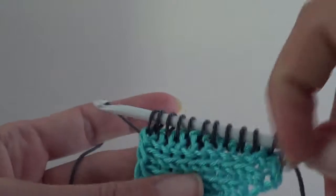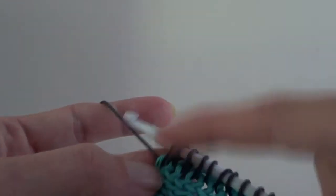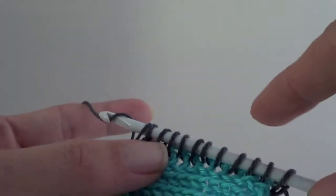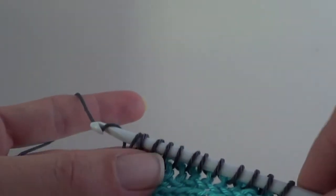So I've got 12 loops on the hook. Each of them come from either the selvage or the very first slip stitch that we made in our last row of that triangle. Now we're going to work return pass B, so it's yarn over and pull through 2,